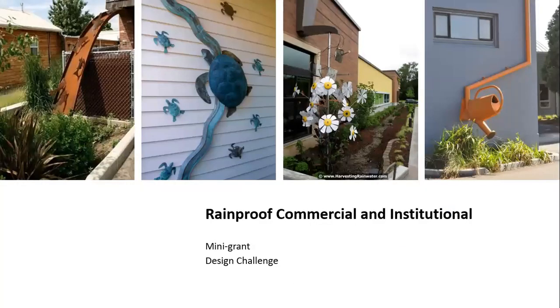For the commercial side of Rainproof, this is probably my favorite side of it because it's art-inspired stormwater harvesting. I really had a hard time finding pictures out there to convey or show what I was trying to get across. We have many grants in place that will help with design, and we have connections with skilled craftsmen who can help create and install these stormwater harvesting systems. You know, Savannah is an extremely creative community. The purpose of this is